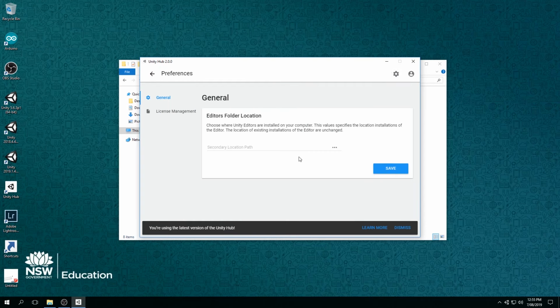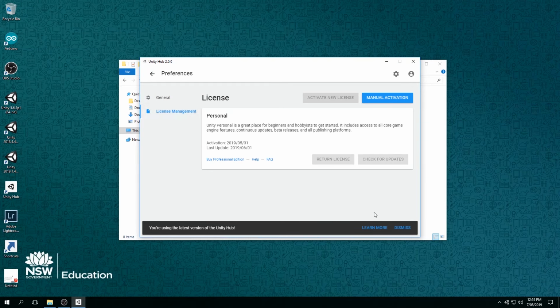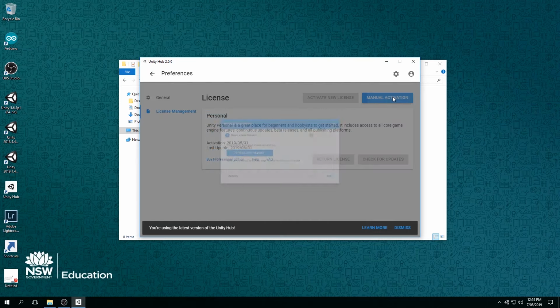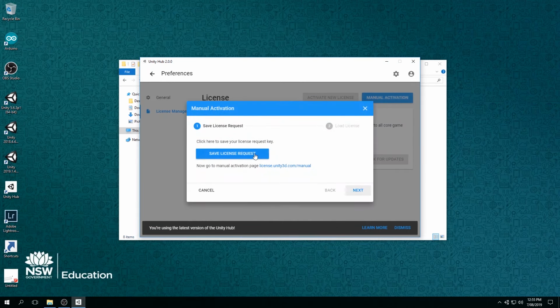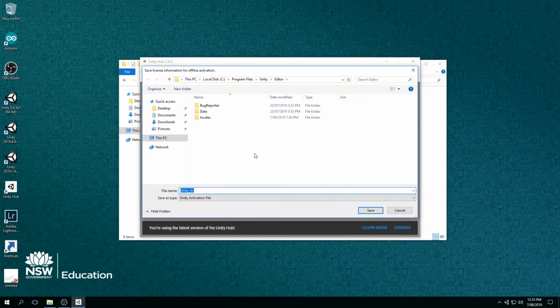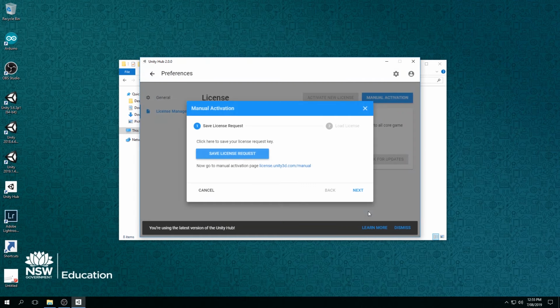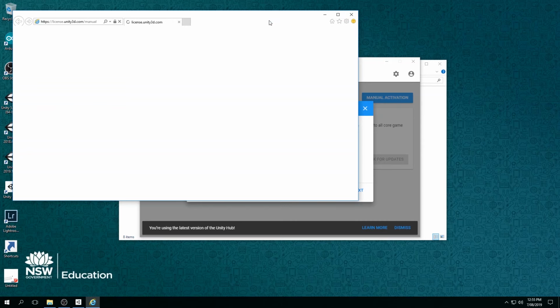The next step is to license it. So again, this is done quite simply. They go into settings, license manager, and they need to do the manual process. This one has actually already been licensed, but we'll go through the process anyway. So they go manual activation. The first thing to do is save the license request. It's easy, just save that to the desktop. And then next, sorry, I need to go back, and then they'll need to go to this link here,